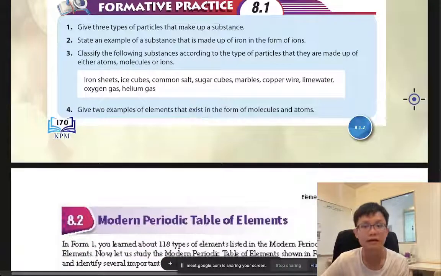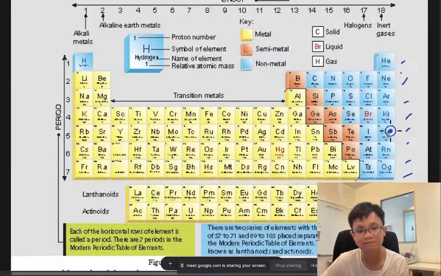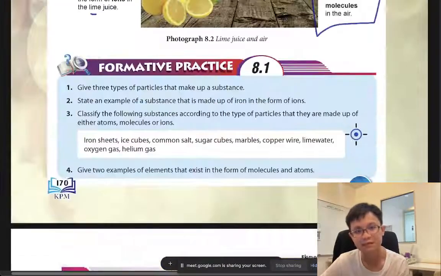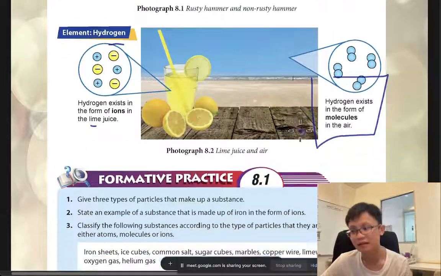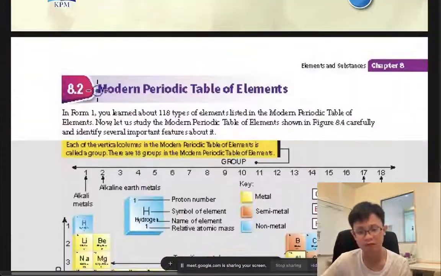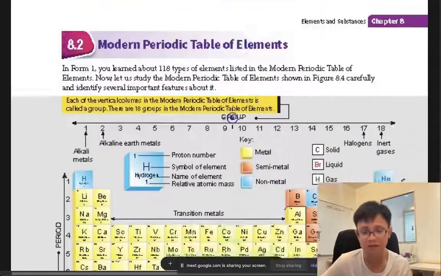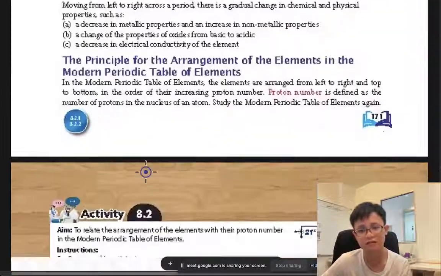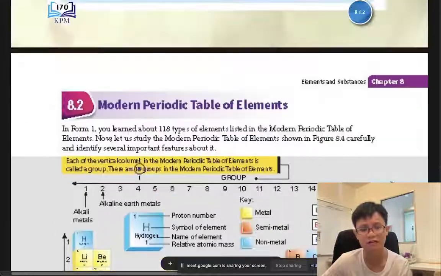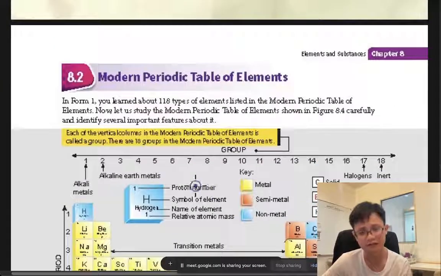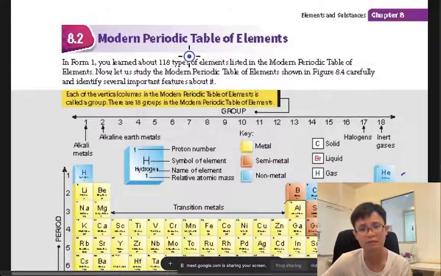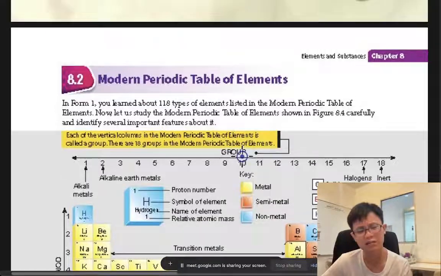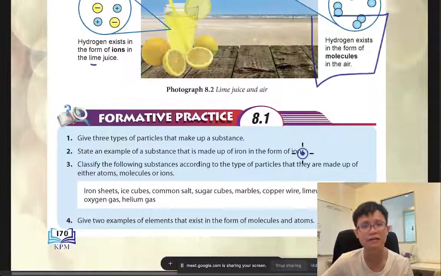Okay, maybe I just want to wrap this thing up. Okay, nothing I will teach until here. Maybe because periodic table is a new chapter, so maybe next week I talk, because I don't want to talk halfway and then continue like very weird like that. So we will study about periodic table next video, talking about how we want to arrange the element nicely so that we can study.